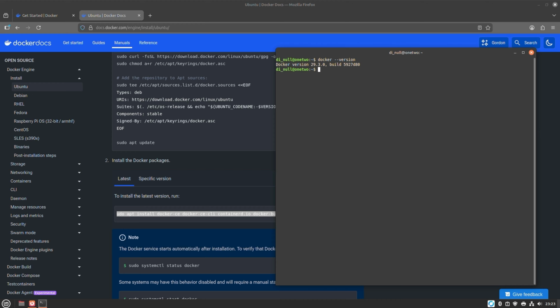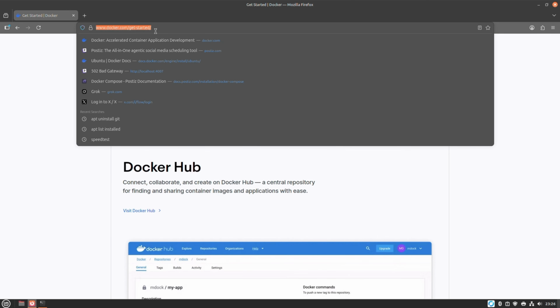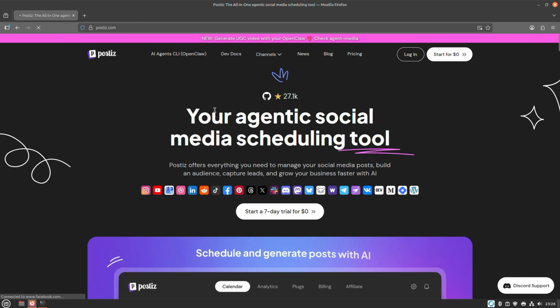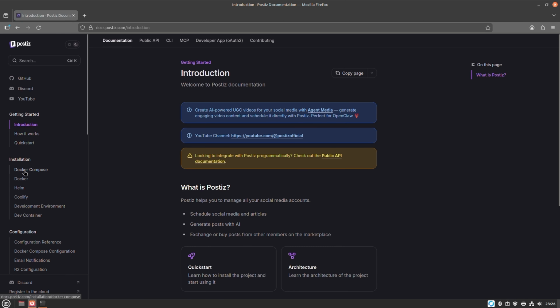Now we also need to check if Docker Compose was successfully installed. So for this case, we type docker compose version without the dashes. Now, if you see the Docker Compose version, everything is good, right? You're good to go. Now, if we go back to the Postiz dev documentation and installation guide,